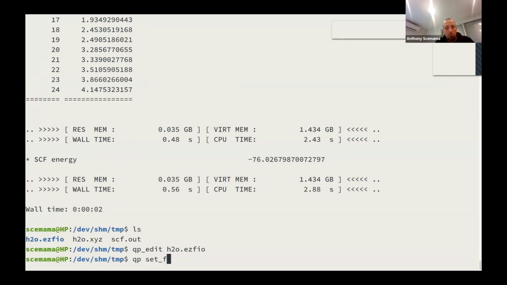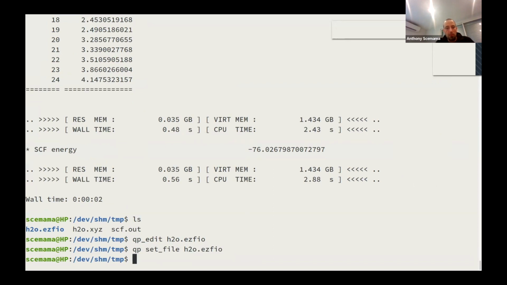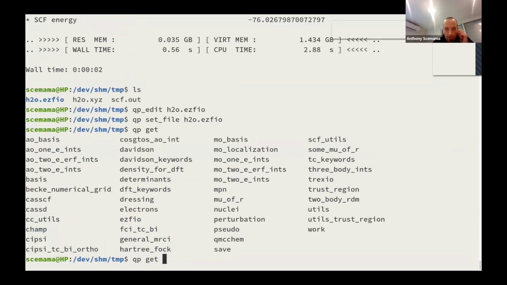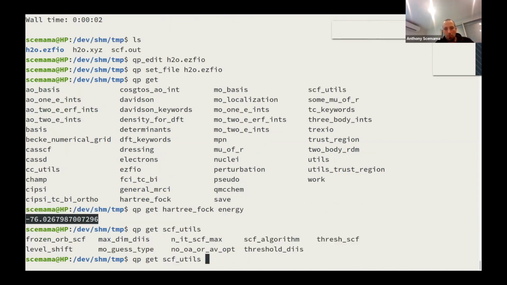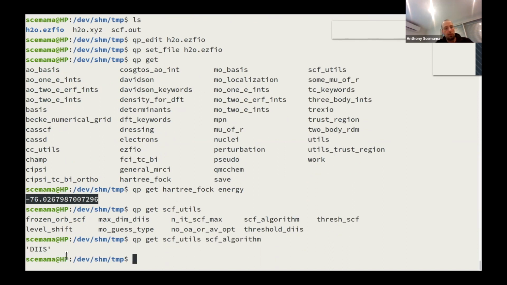So if I use qp set_file h2.ezfio, now I can use qp set or qp get to interact with the database. I could see, for example, qp get hartree_fock energy, and then I have here in the shell the energy. I can also, if I want, qp get scf_utils, let's say scf_algorithm, and here I get DIIS.